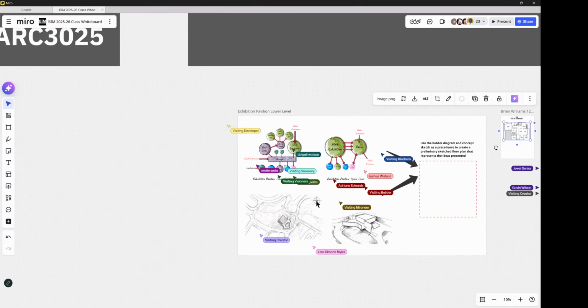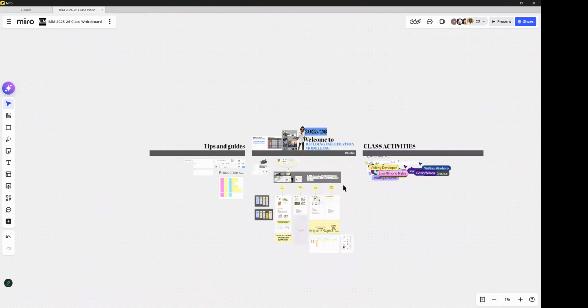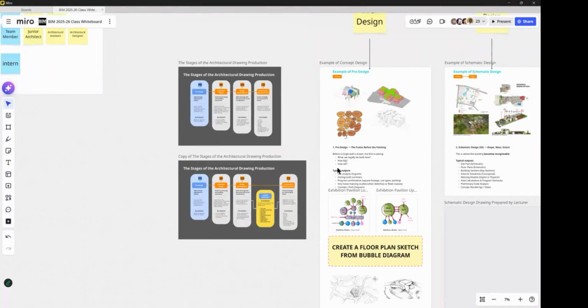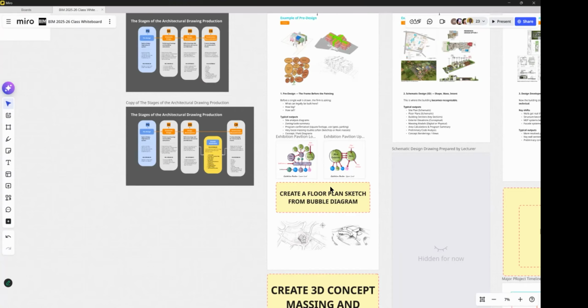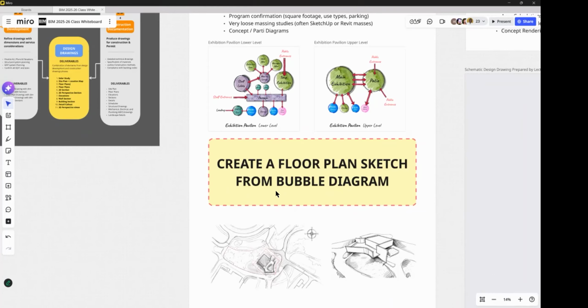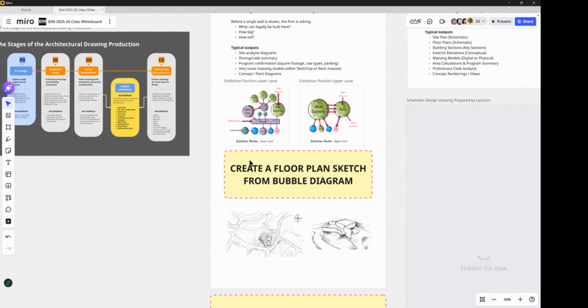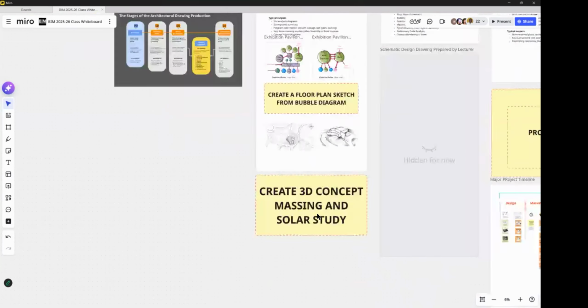All right. For our mission for today, we'll be using SketchUp. So we are gonna dive into the next task that I want you to do. Some of you have created a floor plan from the bubble diagram. As I said, you can finish that a little later. We have to move on.